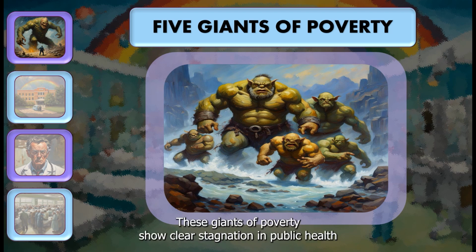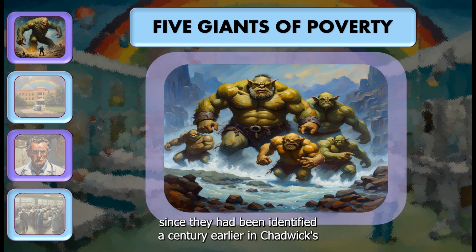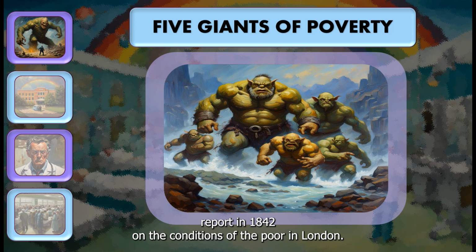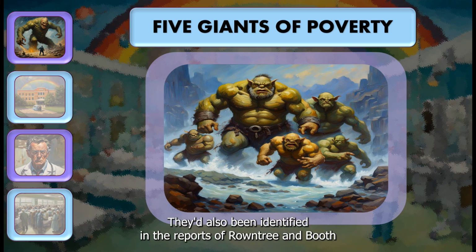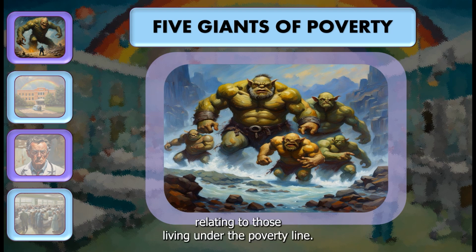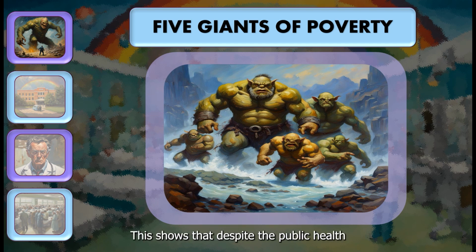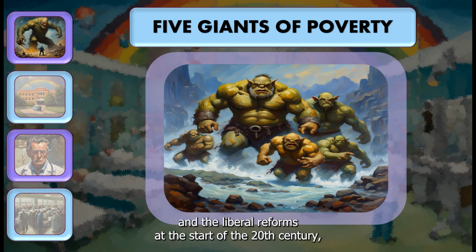These giants of poverty show clear stagnation in public health since they had been identified a century earlier in Chadwick's report in 1842 on the conditions of the poor in London. They'd also been identified in the reports of Rowntree and Booth, relating to those living under the poverty line. This shows that despite the public health legislation in the second half of the 19th century and the liberal reforms at the start of the 20th century,